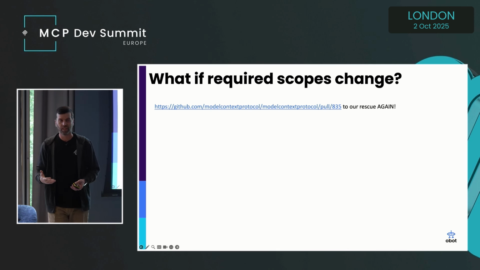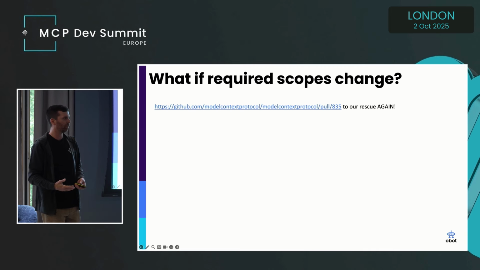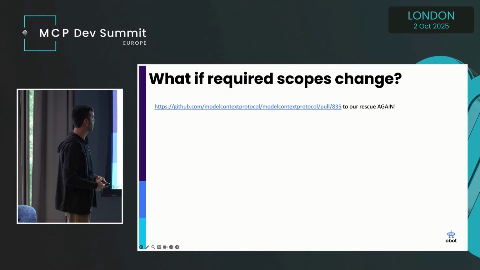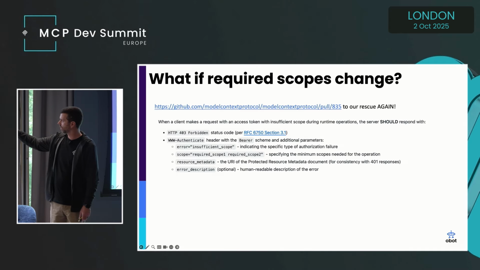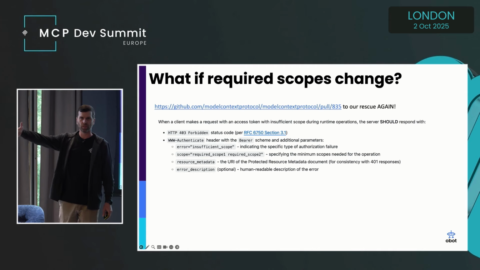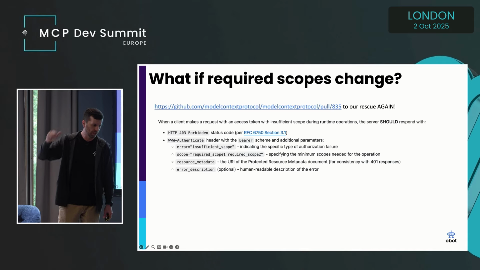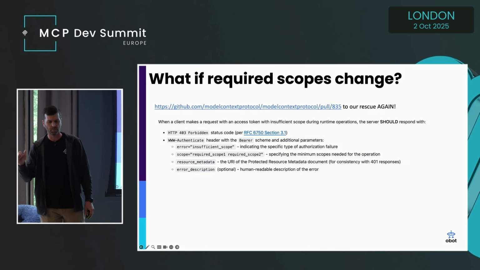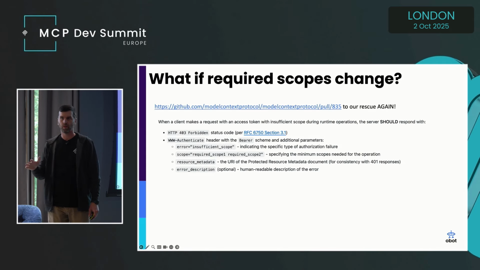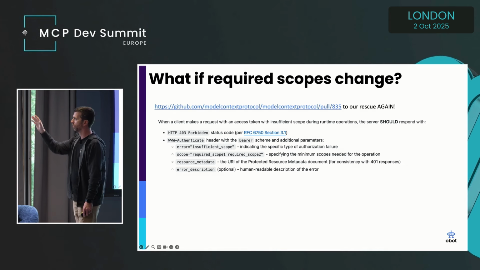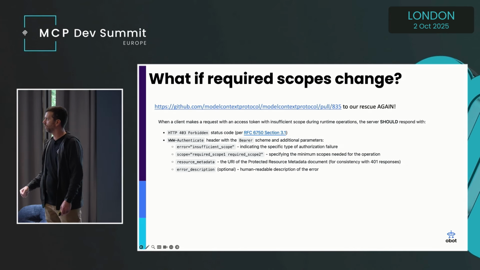It introduces, again, a really cool way that makes it easy for our users to actually accomplish this goal. So this is taken straight from what will be going into the next version. By the way, if you don't know, the next version of the MCP spec was announced to be released on November 25th of this year, so very exciting about that. But this will be in that version of the spec.